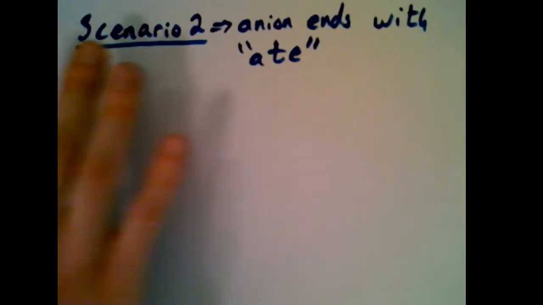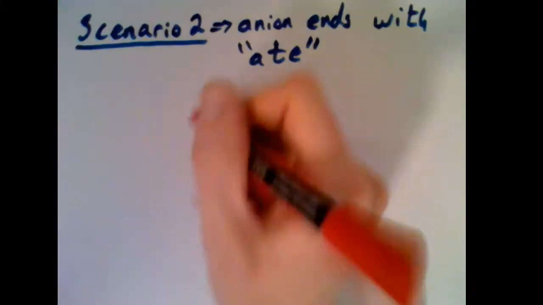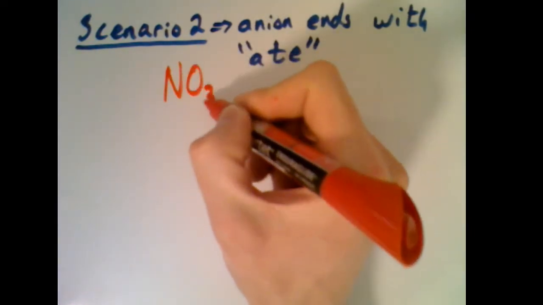So this is scenario one. This is when we're dealing with an acid that ends with IDE, but there are two more scenarios we need to look at because there's a lot of other negatively charged things. So the next thing we're going to look at is when we have the ending ATE. So in scenario two, we're dealing with an anion that ends with ATE. And so let's give this example. Let's say we're talking about NO3,